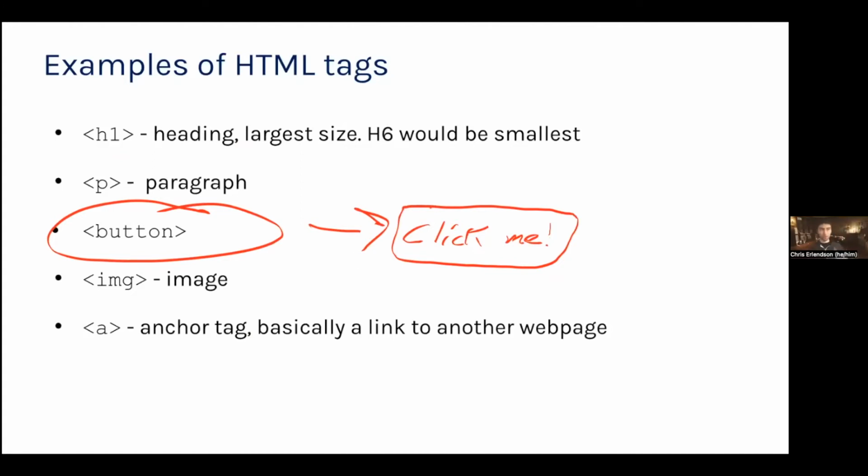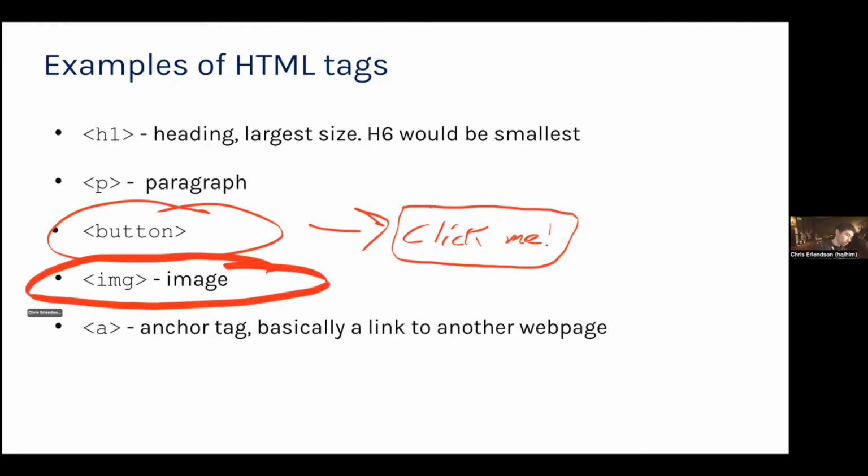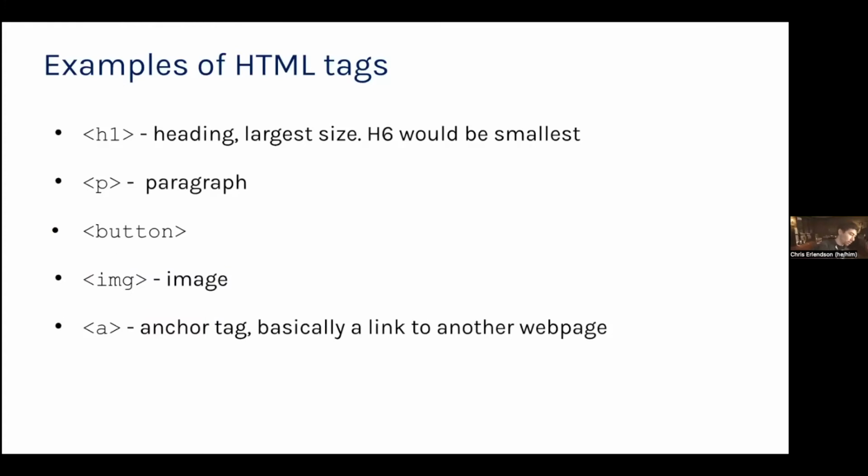And this button, as you all know, is what makes up a game, right? Hard to have games without something that has a button that you can click on and allows you to do stuff. This one allows you to render an image. So this one right here allows you to show an image. This is not the end all be all of this. You can't just leave it at this. You have to include a source, an SRC. So you have to tell it what kind of image you want to see. Exactly. And then the last tag